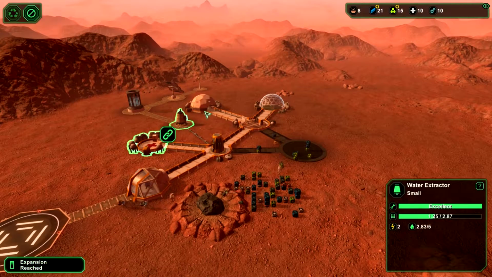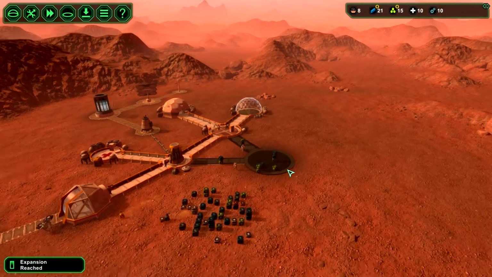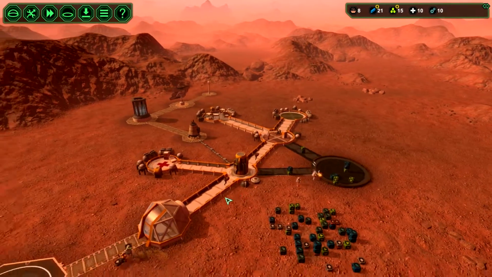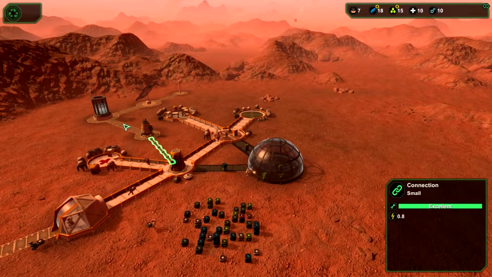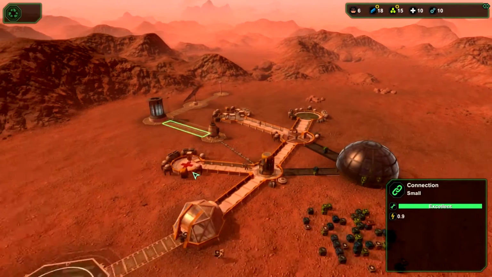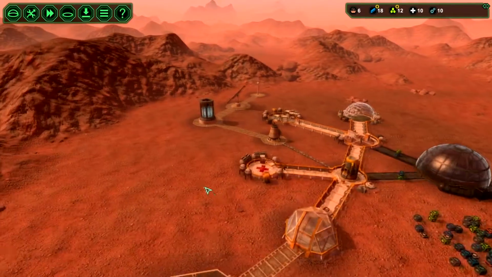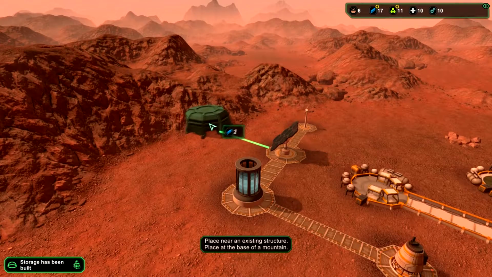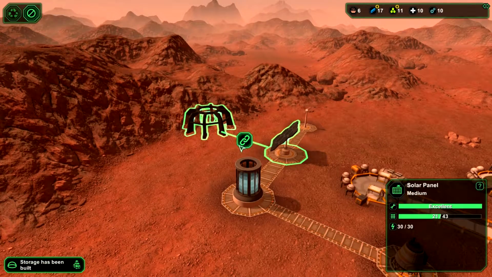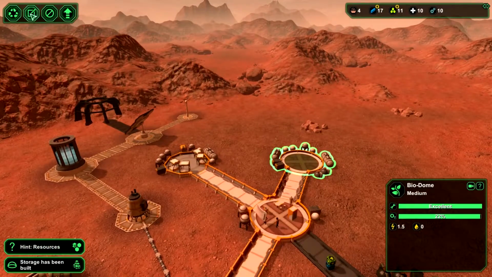Anyway, meteorites will fall. They will damage your stuff, and your people and your bots will go ahead and fix it. But you have to remember to fix connections, because if you don't fix a connection, you're gonna be up a creek and it's gonna be bad. So we'll go ahead and build this mine over here, and I will need to bring an airlock too, but first